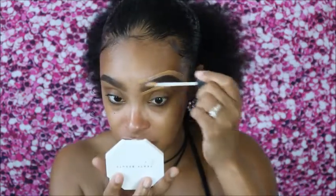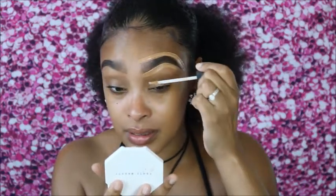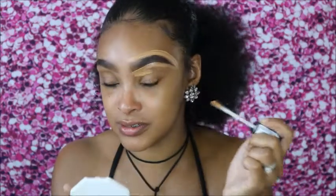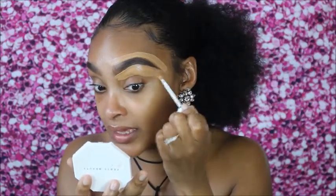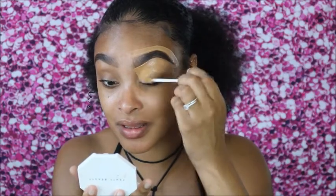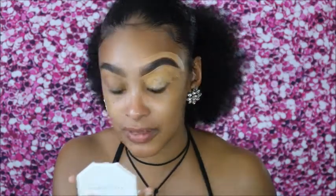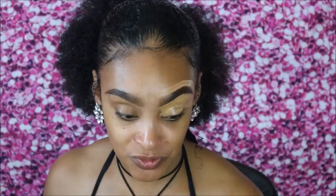This is just like any other drugstore concealer to me, working really nice. It's creamy, just like any other good drugstore concealer. Even though it's called beige, which is not a good word for a black girl a lot of times, it's still a really nice shade. When I saw that name, beige, I was really nervous to purchase, but it's looking like it's going to be